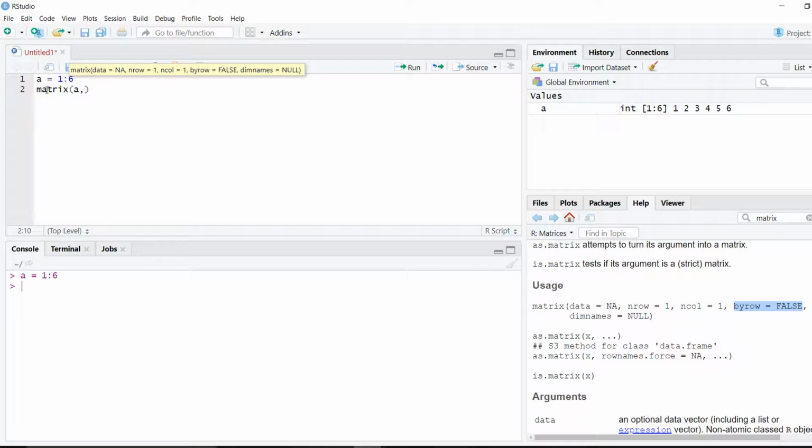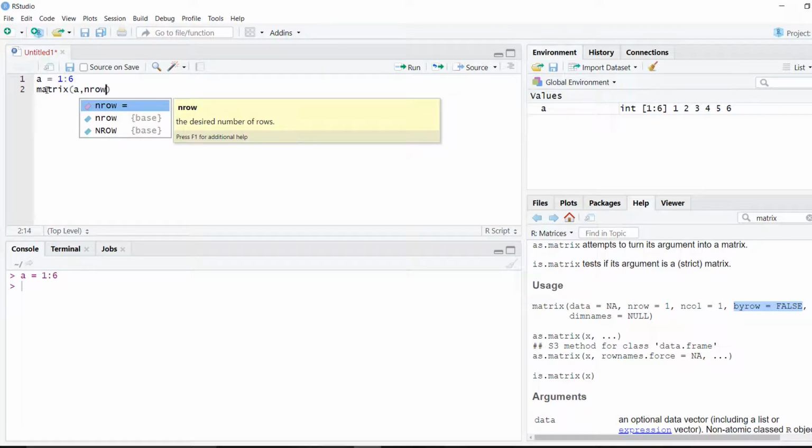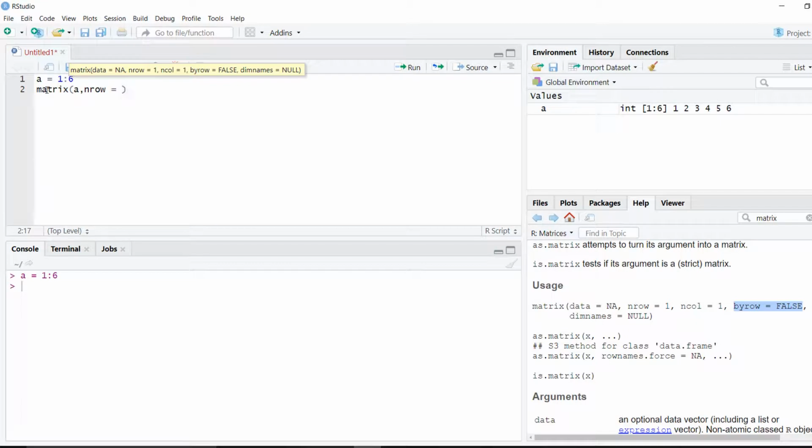Now I have to specify the number of rows. You can see nrow is equal to 1. So by default, if we do not specify the number of rows, it will take either 1 row or it will count by how many columns we have written, how many rows we require. Among the number of rows and number of columns, we can specify both, but we need only 1. So nrow, not nrows. Okay. So nrow will be equal to, let's say, first we'll make 3 rows. So if I have 3 rows, automatically my number of columns becomes 2. So I may or may not specify that.